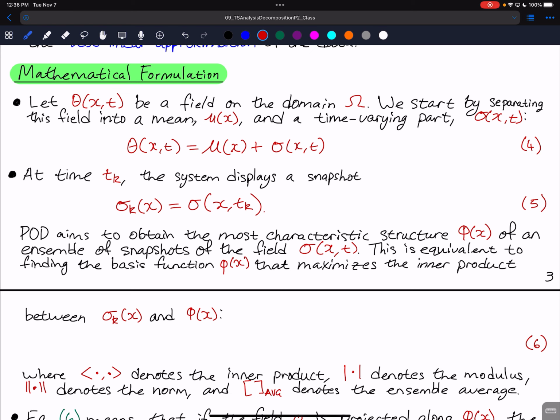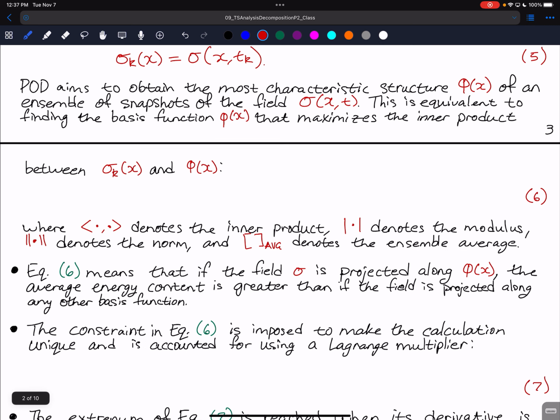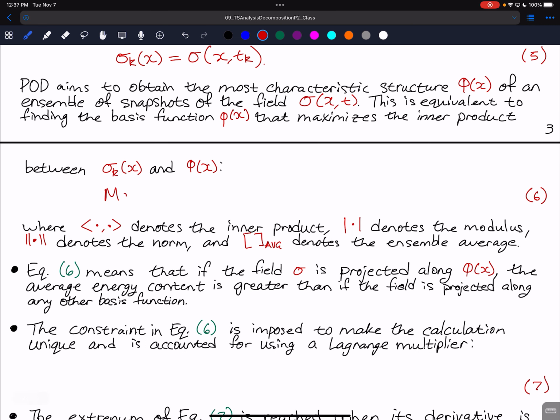So given this snapshot, or a set of snapshots, the POD aims to obtain the most characteristic structure, which in that sense is some shape function phi of x, of an ensemble of those snapshots for that field phi or sigma of x comma t. And this is just equivalent to finding the basis function phi of x that maximizes the inner product between sigma sub k and phi of x, or we can write that as an optimization problem where we want to maximize